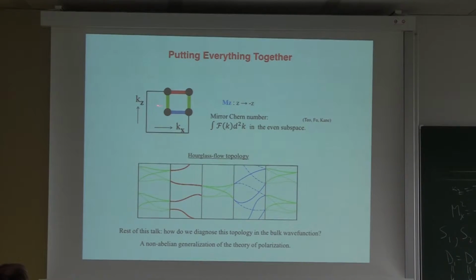Now, we can talk about what's happening on this line here. On this line, there's yet another symmetry, but I need to introduce another mirror symmetry, and this is not really that important. The moral of the story was all about these different manifolds. This is S1, S2, and this is S3. And the fact that if I have different connectivities in the manifold connecting these two, I can have a topologically non-trivial insulator.